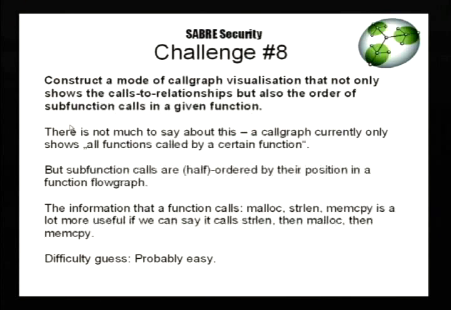This might actually be relatively easy. Visualizing call graphs is quite important for understanding programs. So we have a graph with a function, and then all the functions that are called from this particular function. And the disadvantage of this view is, while we see that this function calls these other functions, we lose all concept of ordering. And implicitly, the function calls to subfunctions are ordered. Meaning it makes a great difference whether I call string length, malloc, memcopy, or whether I call